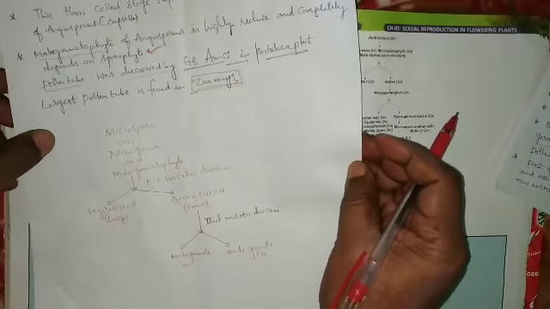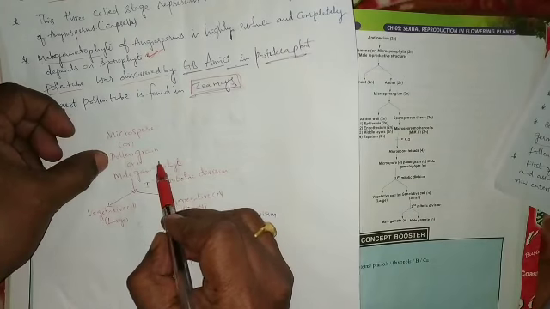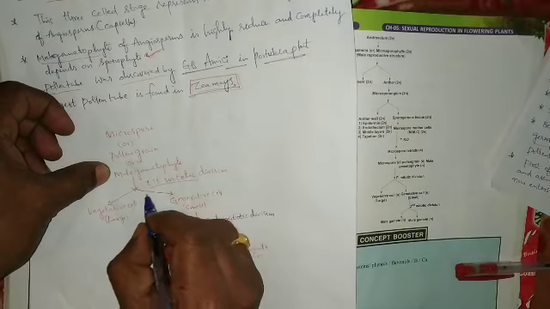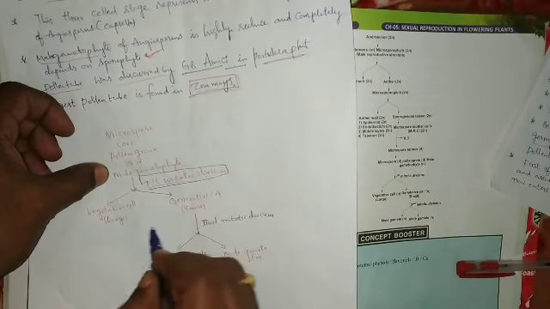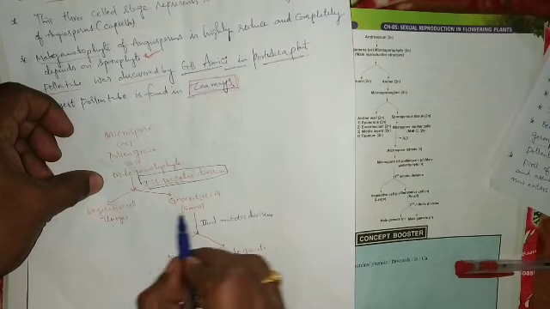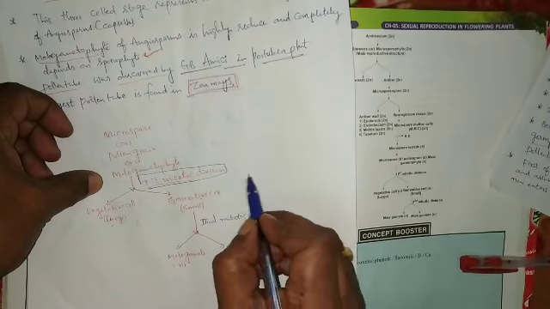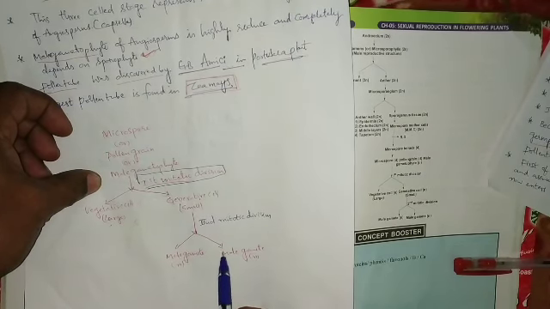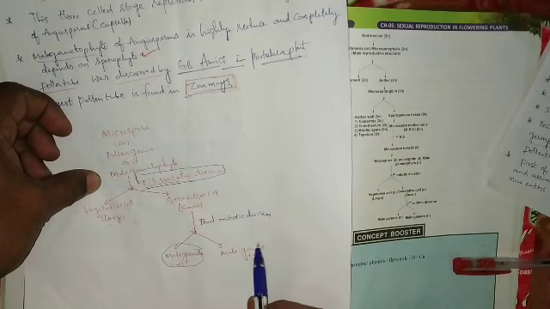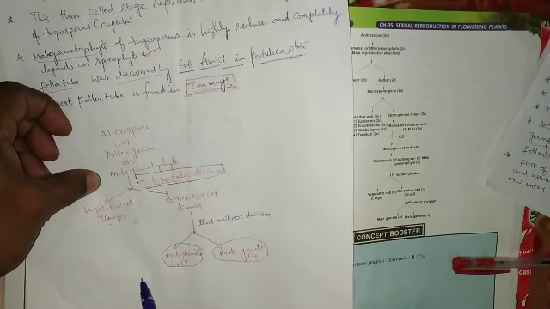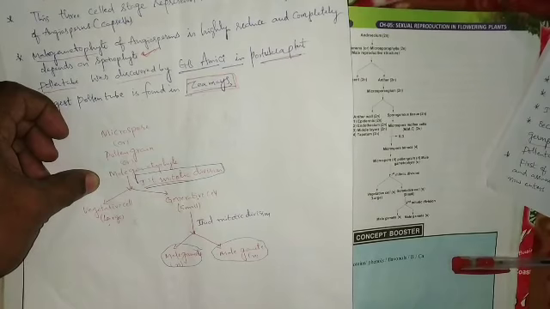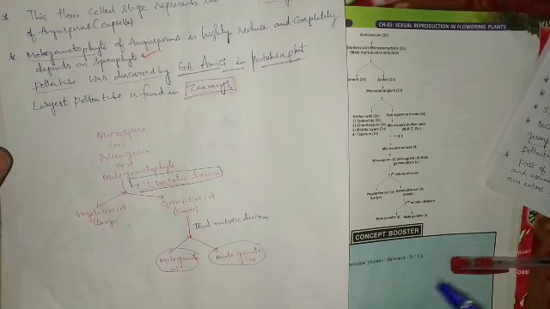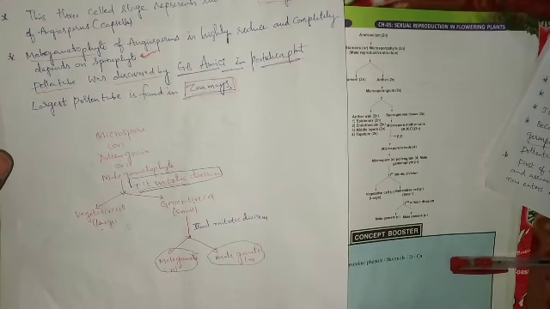Coming to the flow chart, this is a microspore or pollen grain or male gametophyte. Due to the first mitotic division, a vegetative cell and a generative cell, a large and a small cell, are formed inside the pollen grain. The generative cell divides and forms the two male gametes. These two male gametes are involved in fertilization, due to which seed and fruit are formed. Later we will discuss that. This is today's class.